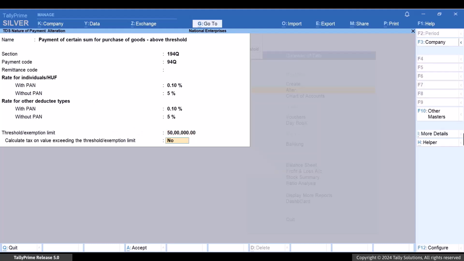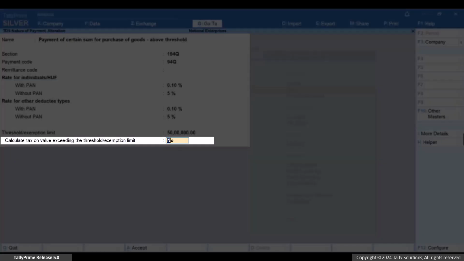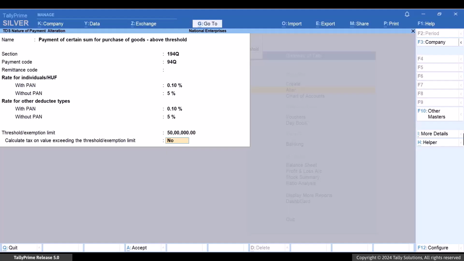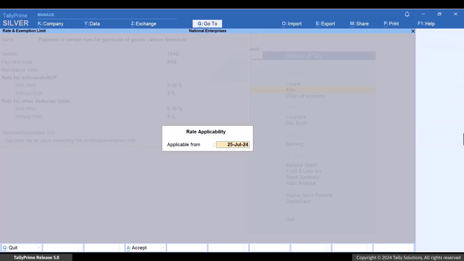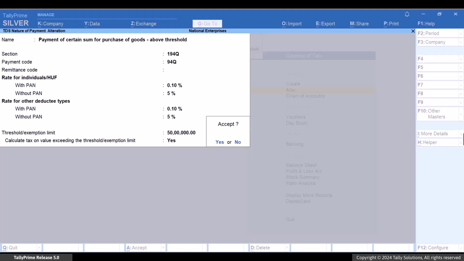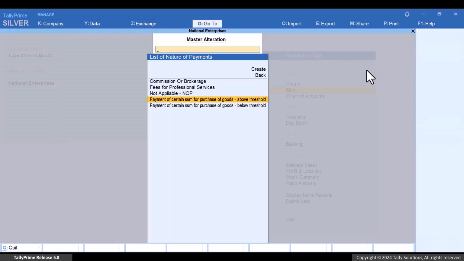Once you enable the configuration, you will see the option Calculate tax on value exceeding the threshold exemption limit on the alteration screen. Set it to Yes. Enter the rate applicability date as the starting date of the financial year or as required. Press Ctrl A to save the TDS nature of payment.